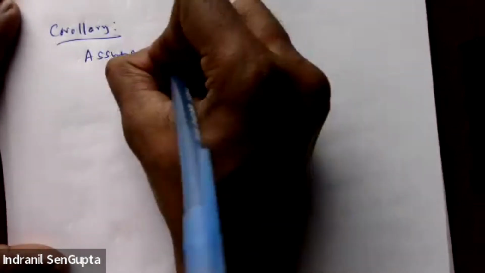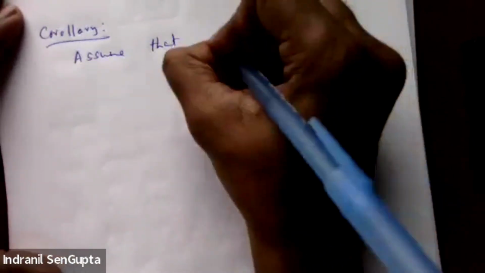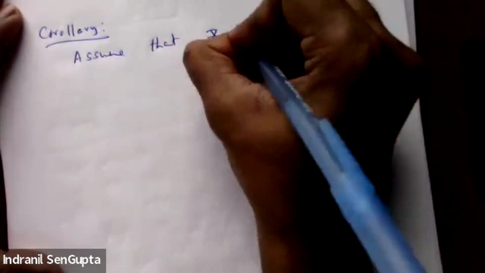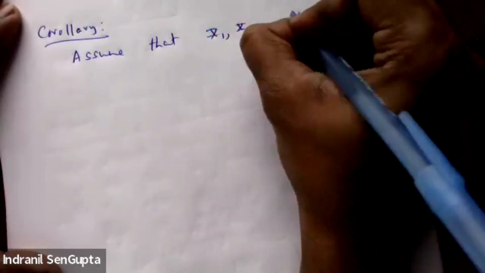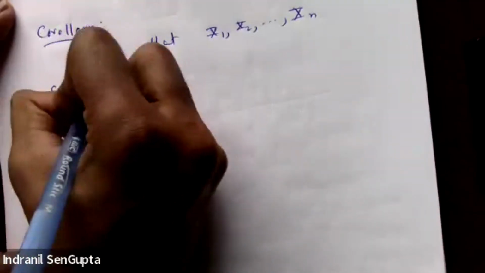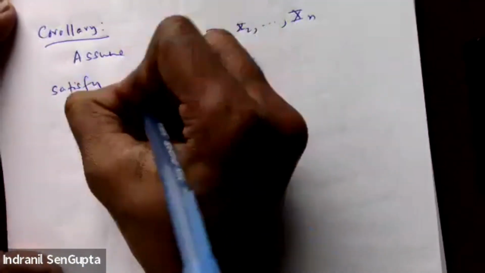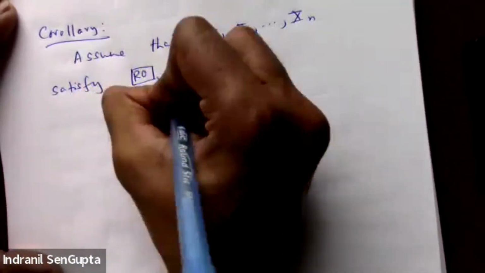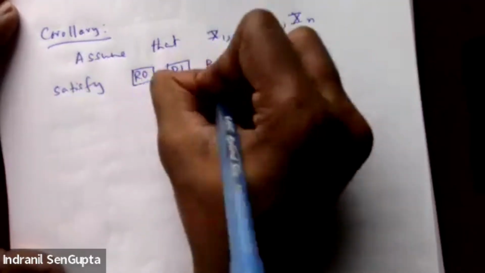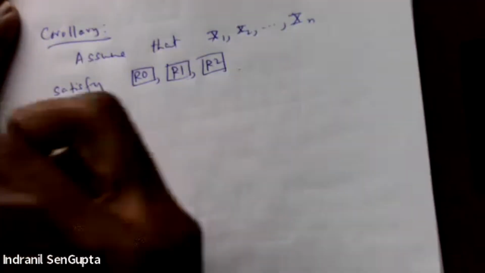And this goes like the following. Assume that X1, X2, ..., Xn satisfy R0, R1, and R2. So the conditions you can check, that is the assumptions,